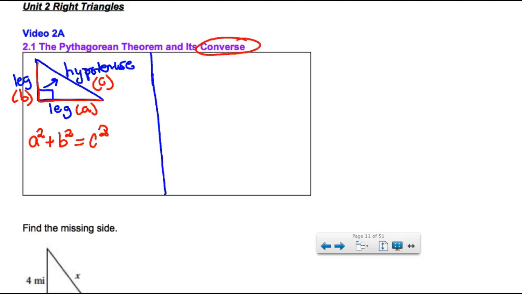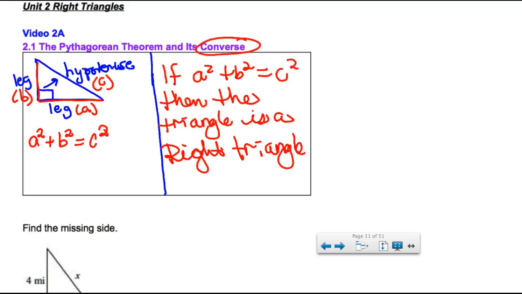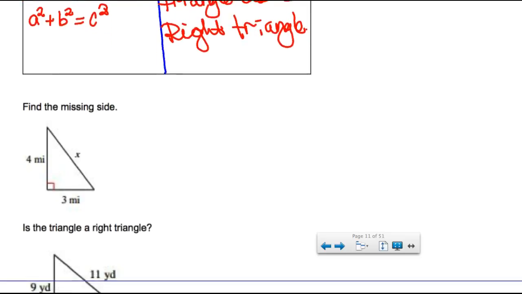Well, a converse switches the if and the then. So it says if on a triangle a squared plus b squared equals c squared, then you get to say that the triangle is a right triangle. So we've got two things going, but both of them are very similar, and you've probably done them before,